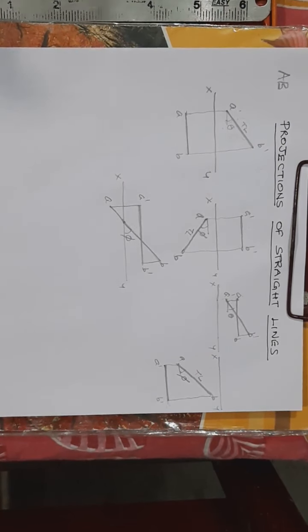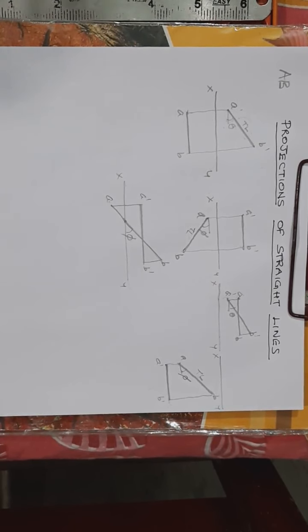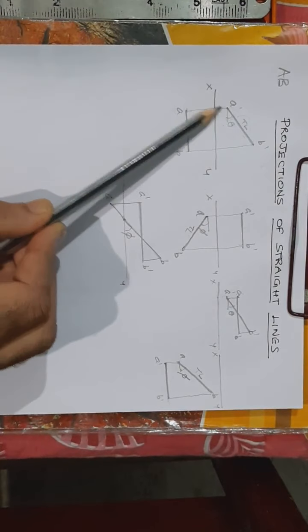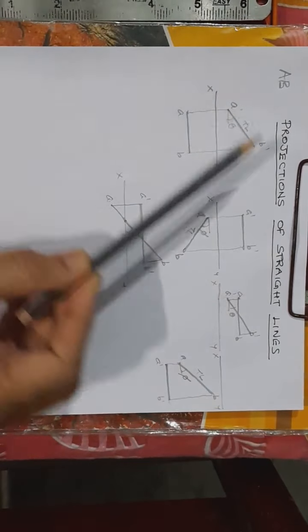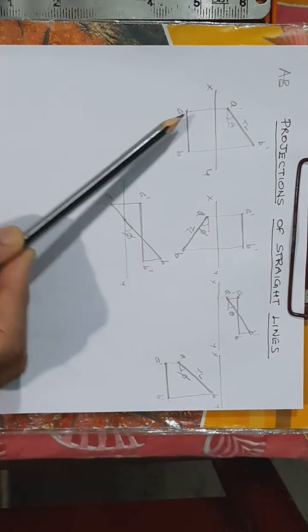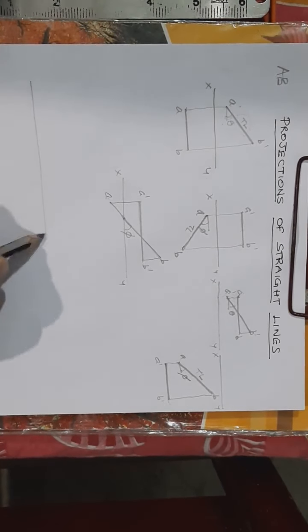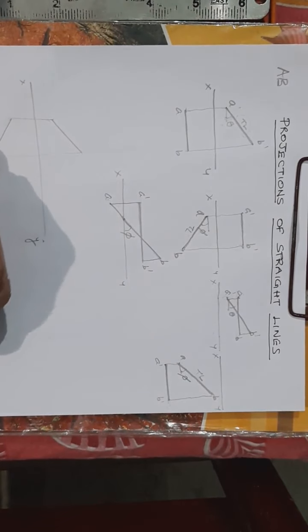So these are the simple basic concepts of straight lines inclined to one plane and parallel to the other, and will be useful for us to grasp the concepts of a straight line inclined to both the planes. As I've already shown, if a line is inclined to one of the reference planes, one view will be drawn inclined to the XY line, and the other view will be parallel to the XY line. What happens if the line is inclined to both the planes? Definitely both the views will be drawn inclined to the XY line, isn't it?